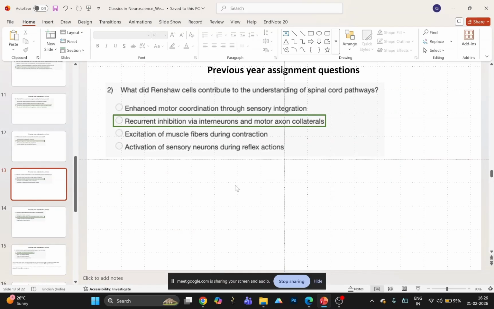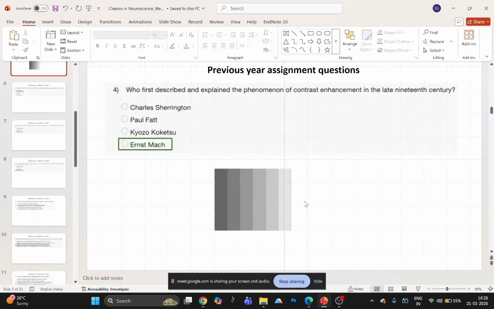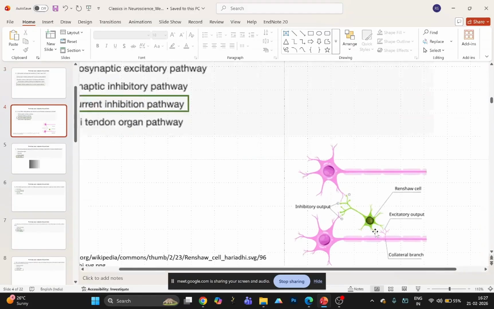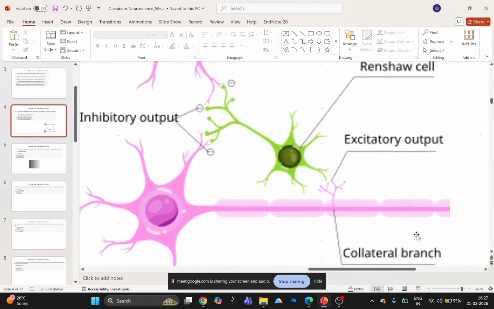Jack Eccles and his collaborators, when they were exciting the axons in the spinal cord on the ventral side, saw that the motor axon collaterals are synapsing with